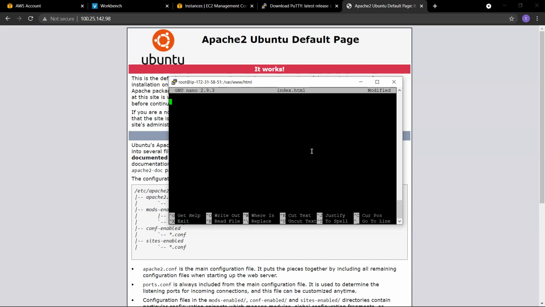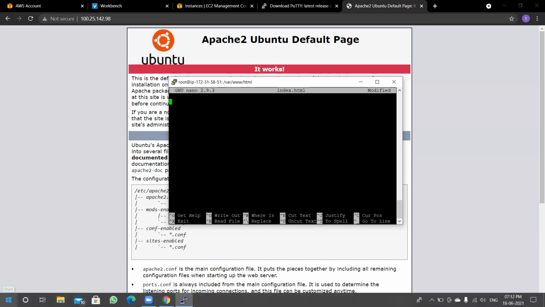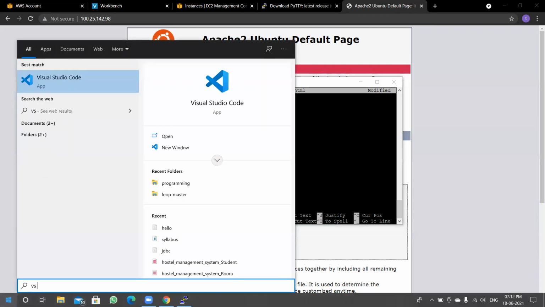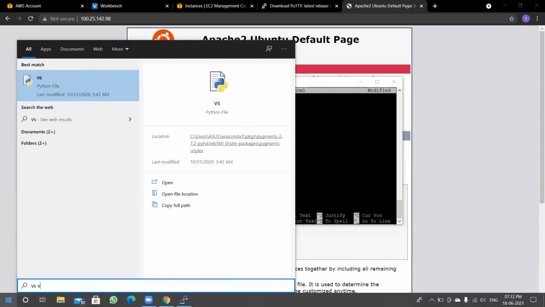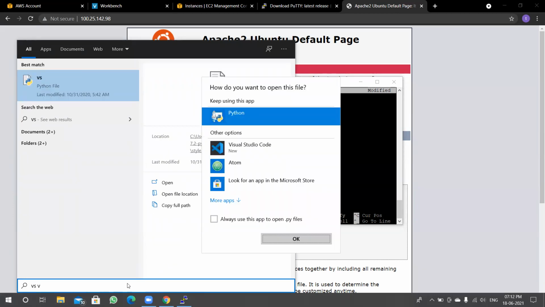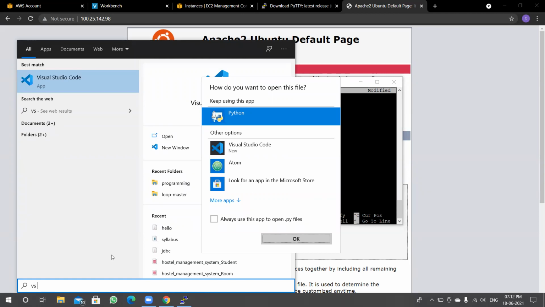If you want to put your own web page, you can, or else you can browse for some web page and put that. For this, I have my web page.